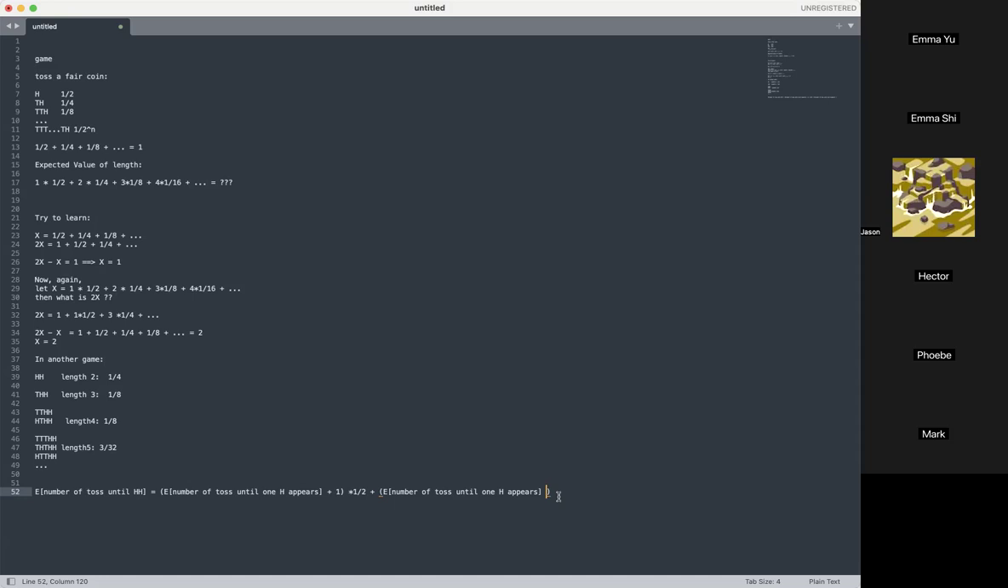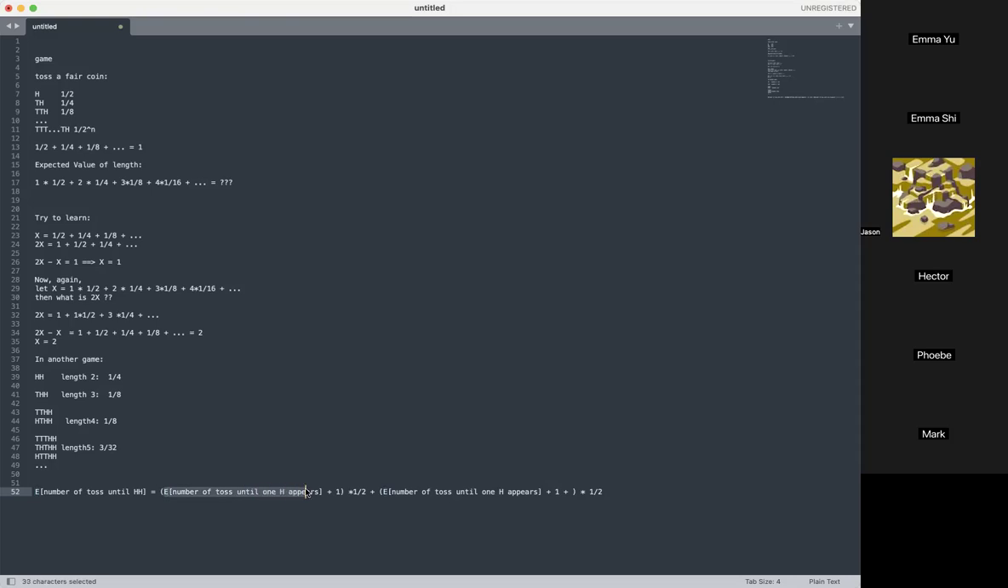So it's also +1, right? Times 1/2. Okay. But if a T appears, could this be like a number of tosses until HH? No, because a T appeared, we did not get HH. So we still need to plus, right? We need to plus the length that we eventually get to H, right? So for this one, the length is just this +1 because this is the number of tosses until one H